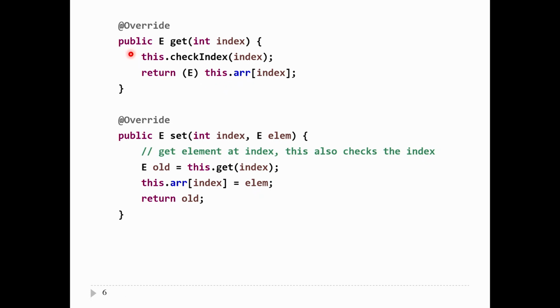Check the index using our method. Set is also straightforward. I'm going to use get to get the old index. Now there's a reason for doing this. The reason for using get is because get checks the index already, so I don't have to check the index here myself, although you could. There's no reason you couldn't. So check the index and then just go ahead and get the element at that index. Once you've got the old element, simply overwrite the element with the new element and then return the old